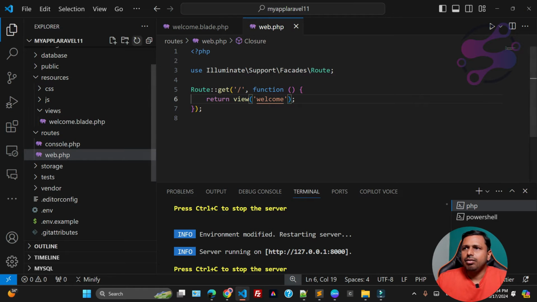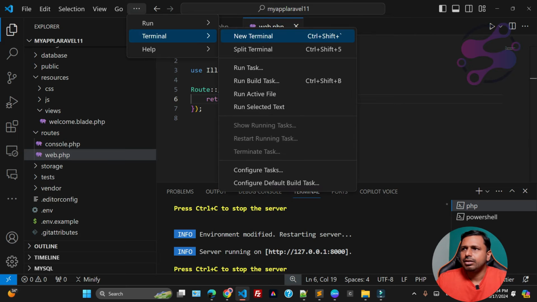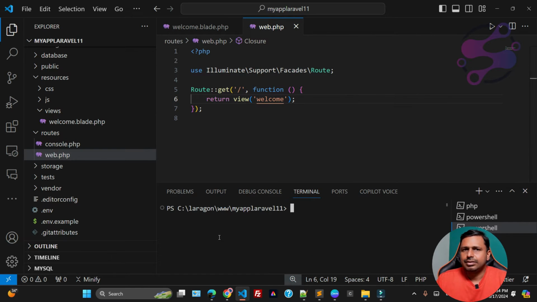Now if you open the terminal, this is the terminal. You have to install the Livewire package. So I'm saying composer require livewire/livewire.